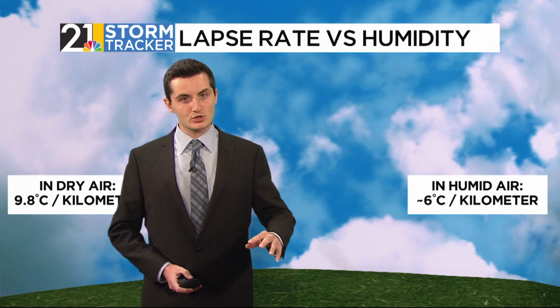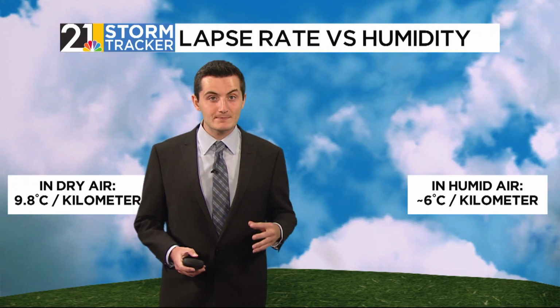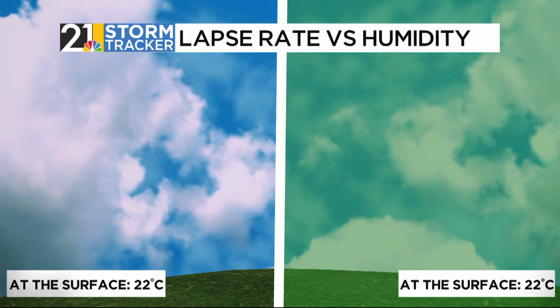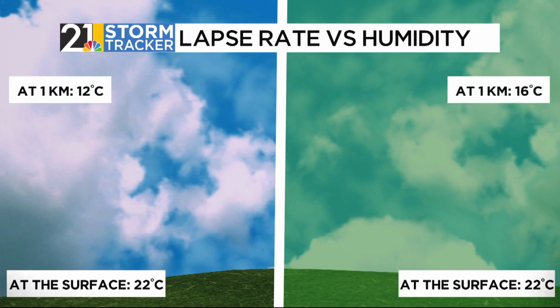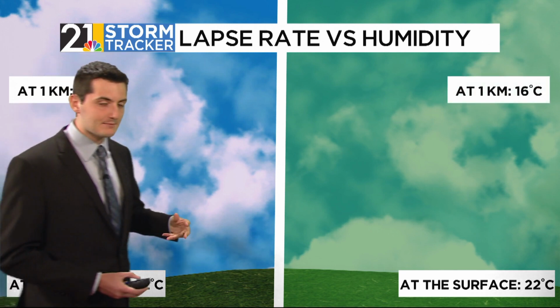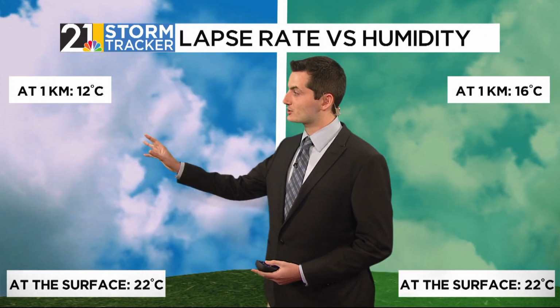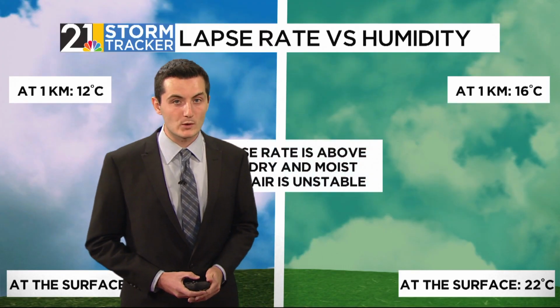And that amount of moisture and that lapse rate actually has pretty big impacts in terms of what's going on with the types of weather. So I'm going to put this into perspective for you guys. Let's divide the screen into two different environments. You have a dry one on the left and a moist one on the right. Both of them are going to be at the same temperature, about room temperature, 22 degrees Celsius. And if you go up 1 kilometer, you can tell that the dry atmosphere has a bigger slope. At 1 kilometer, you're at 12 degrees Celsius now rather than 16 degrees Celsius, which is a little bit warmer in that moist air environment.